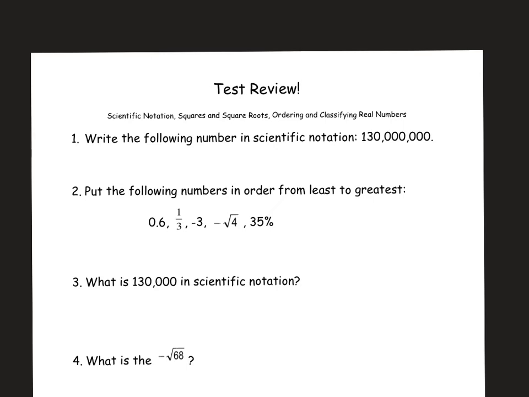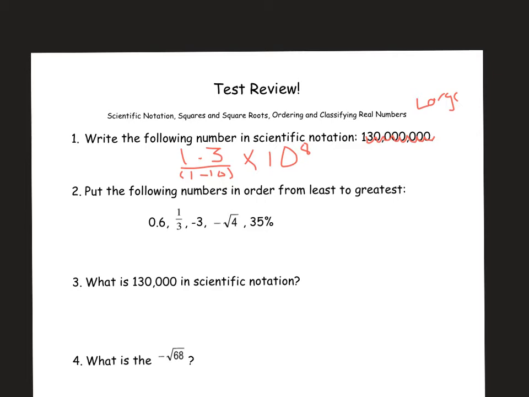Okay, so let's look at problem number 1. Write the following number in scientific notation. So remember, if I have a large value, I'm going to have that positive exponent. So I have some number times 10 to a positive exponent. Don't forget that this number should always be between 1 and 10. So if I move my decimal 1, 2, 3, 4, 5, 6, 7, 8, I get 1.3 times 10 to